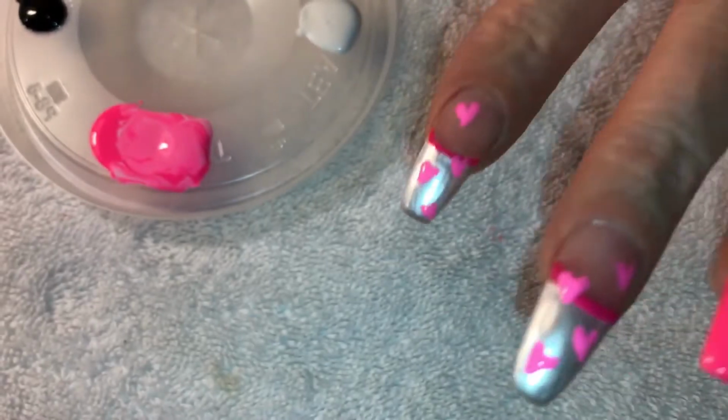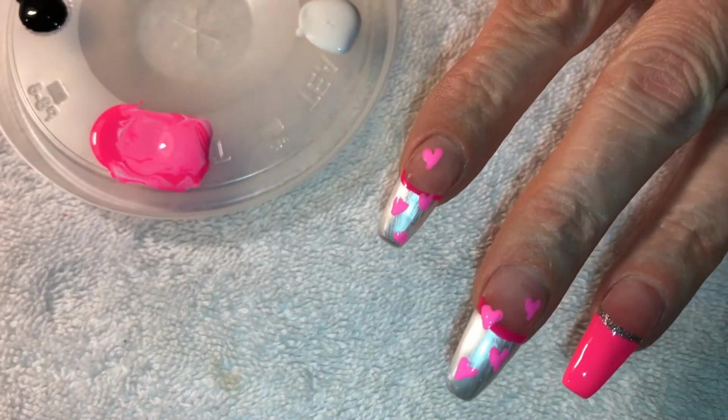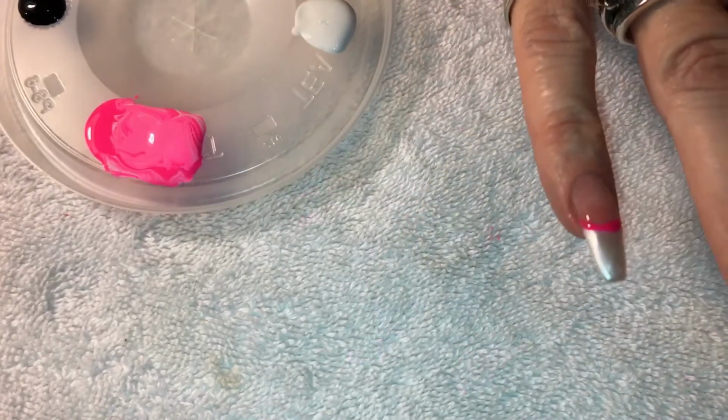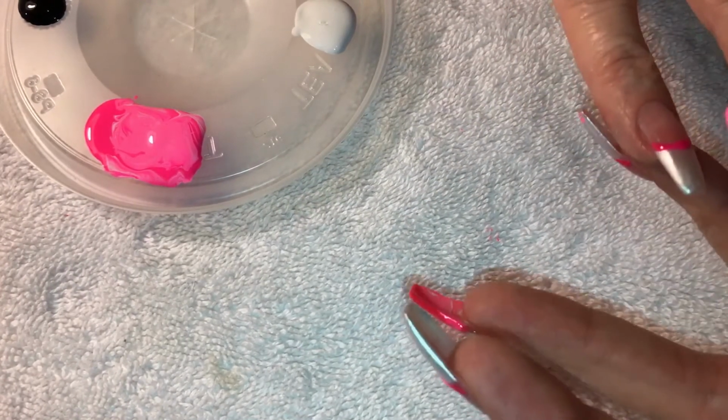See? Isn't that cute? I decided to put some up into the clear area too. I thought that was pretty. So, all right, I'll be back real quick. I figured I would show you guys a couple done on my non-dominant,